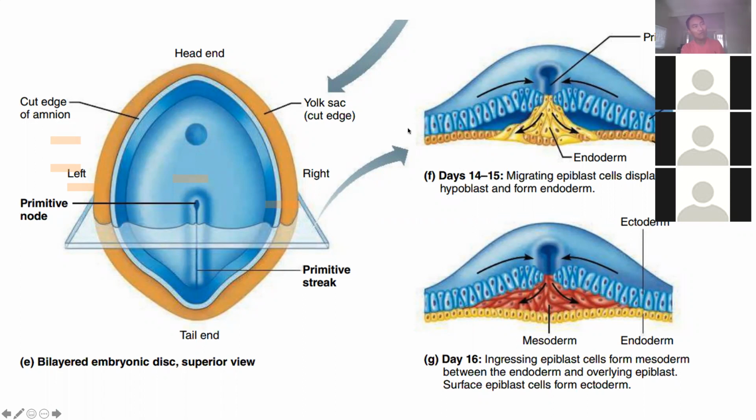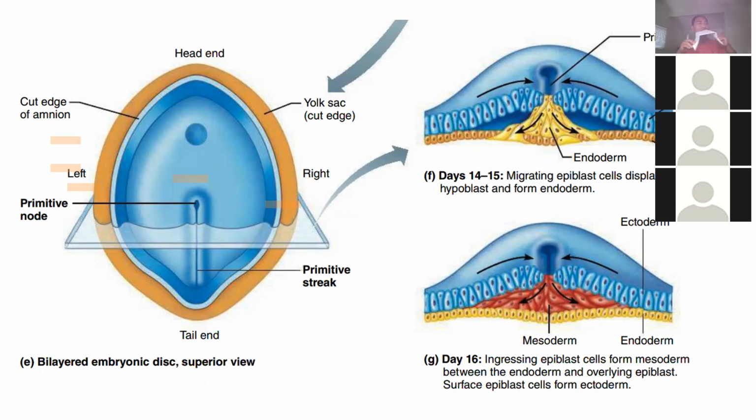So the cells are moving inwards and inwards. Let's say it is like a tube here, flat cells here, this is the epiblast. And if they are moving in from this side, and this side is also moving inside, so the two move inside,